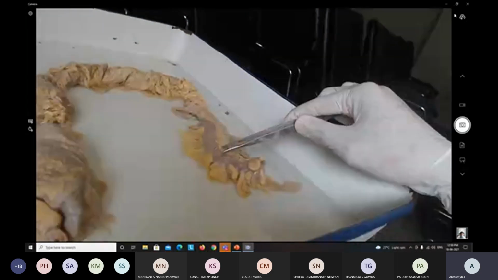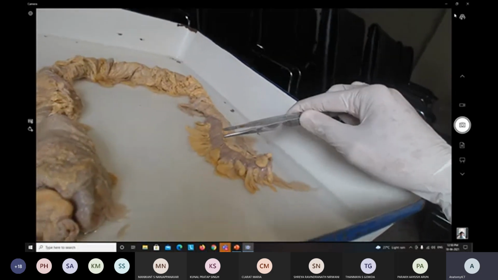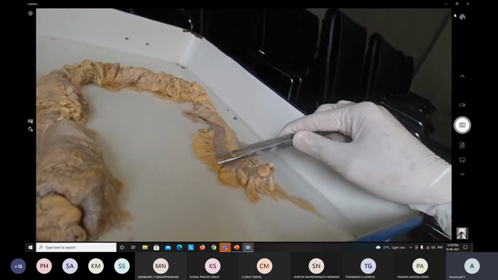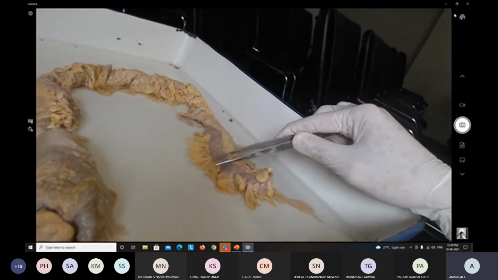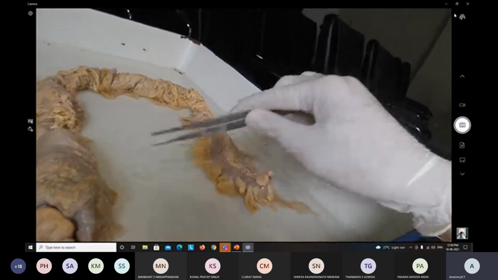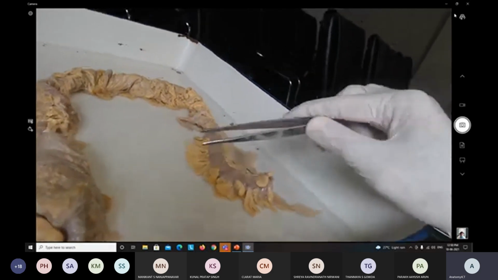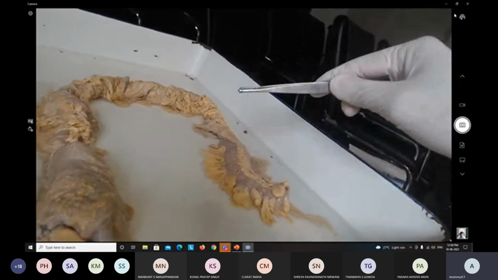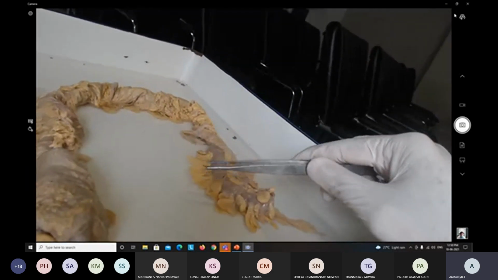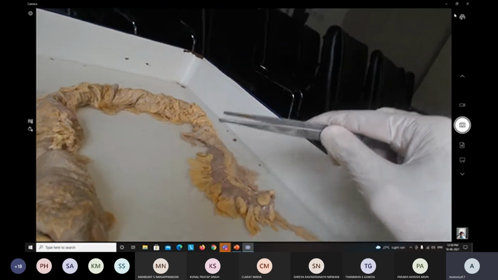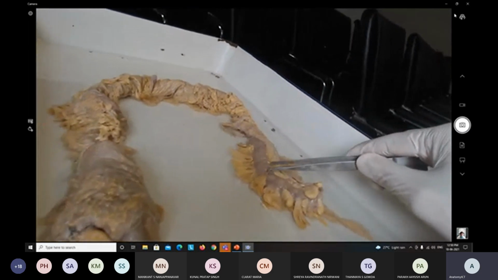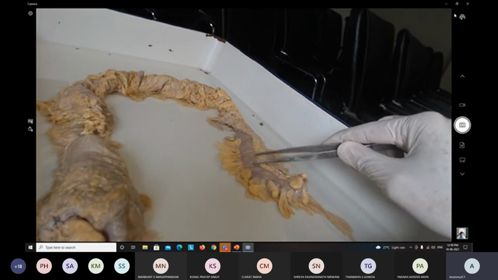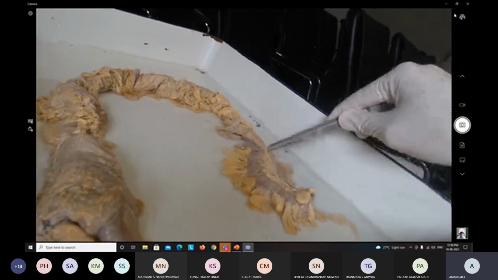So these three features are not there in the small intestine, and the length also: around 6 meters there, here 1.5 meters. So first thing, you should not confuse during the exam. Whether it is large intestine or small intestine, you have to be perfect, no confusion. That's why you should know the cardinal features of the large intestine.